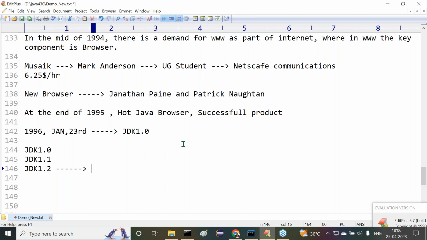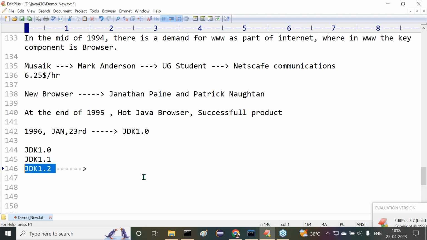At present, whatever Java we are observing now, 70% of Java was provided along with the 1.2 version only. J2EE, J2ME, J2SE, these three parts are introduced along with the 1.2 version.